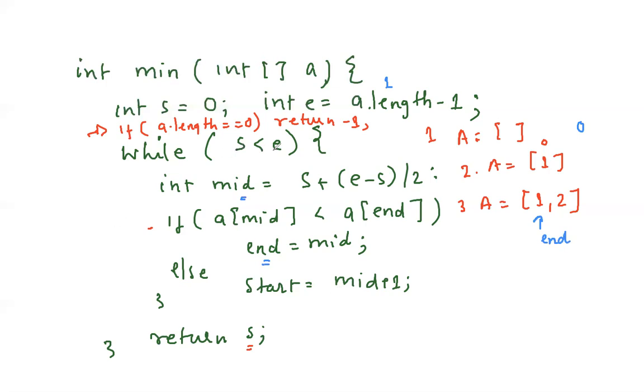We come here, end is 0, start is 0. This condition doesn't execute. We go here and return start, which is 0. This is the minimum, right? But there is another combination of this array, which is